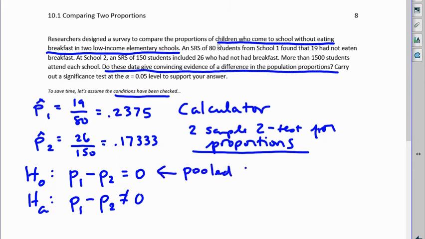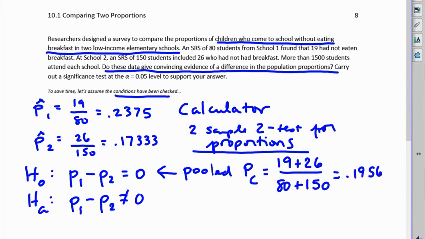So we will need to have a pooled proportion of the 19 put together with the other 26 who did not eat. As if the schools were one school, 80 and 150 go together. That gives me a proportion of 0.195652. So now I'm going to use the calculator, which I now know how to do on this